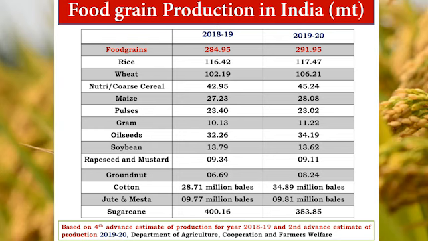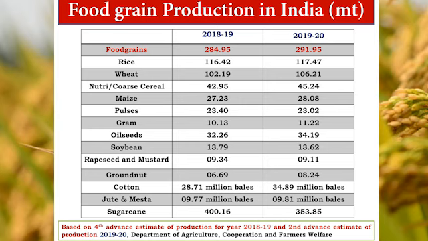Nutri and core cereal 45.24 million tons. Maize 28.08 million tons. Total pulse production. This is a question which you can find again and again in examinations, because pulses is an area where government is focusing so much, and we are the largest producer of pulses, but still the productivity of pulses in our country is very low. That's why the total pulse production of the year 2019-20 is